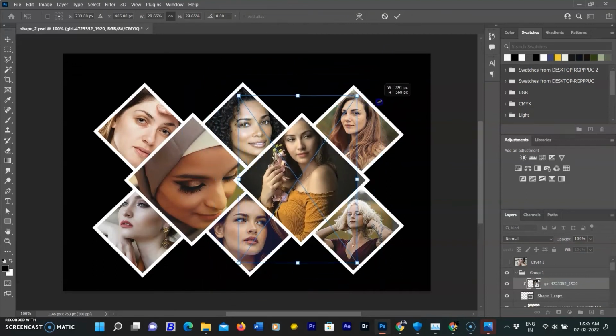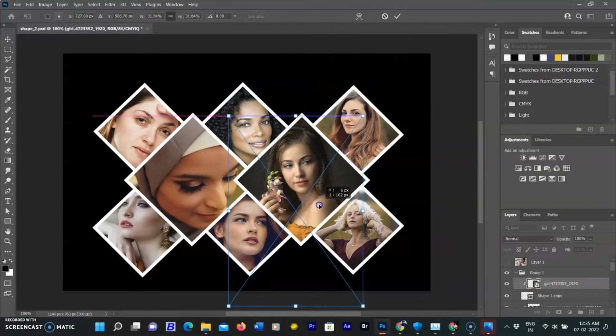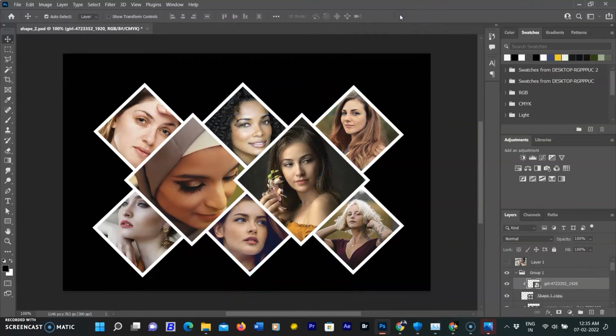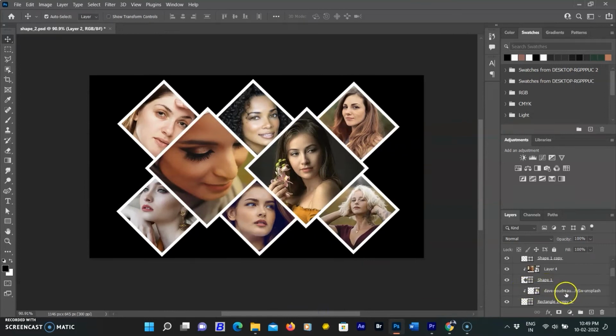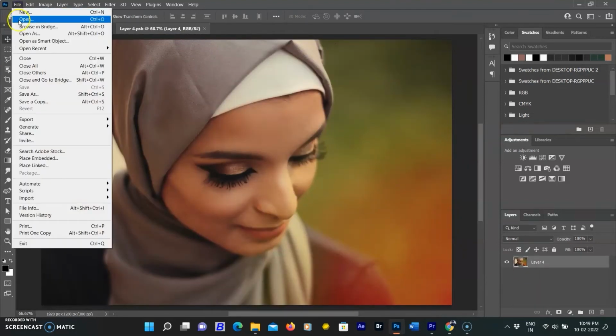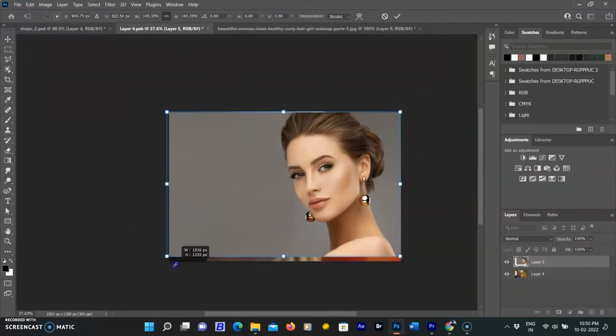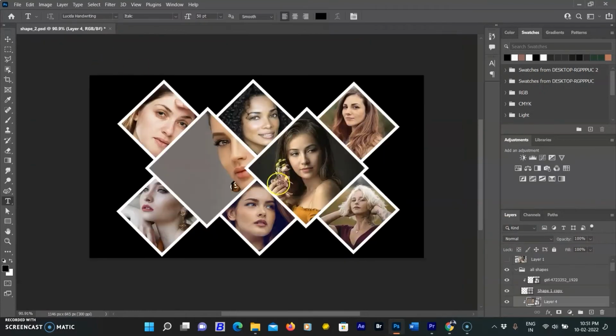All images are added as Smart Object layers. By doing so, you can change any of the images just by clicking on the Smart Object icon. As you click on the Smart Object icon, a new document will open in PSB format and you need to add a new image here and save it by using Ctrl plus S in Windows or Command plus S in the Mac. By saving this document, your collage will be updated automatically.